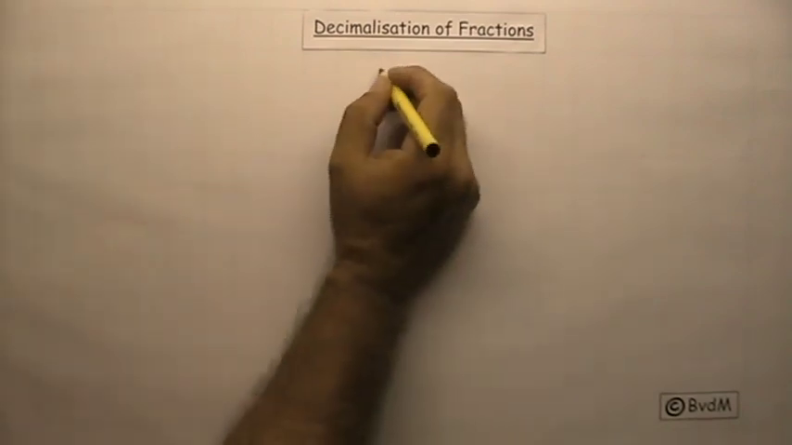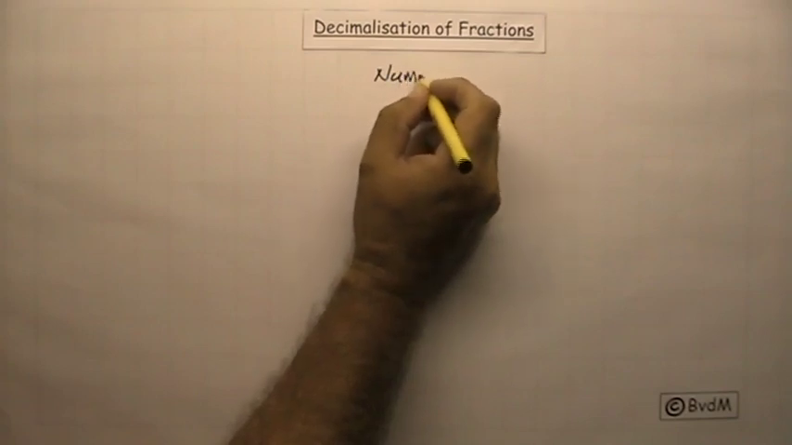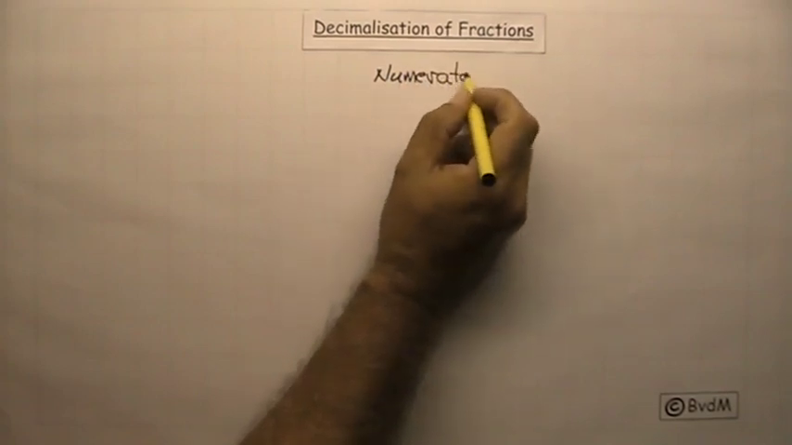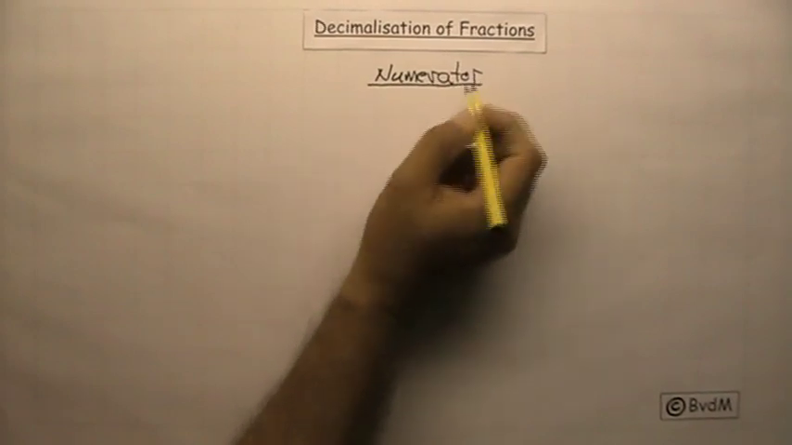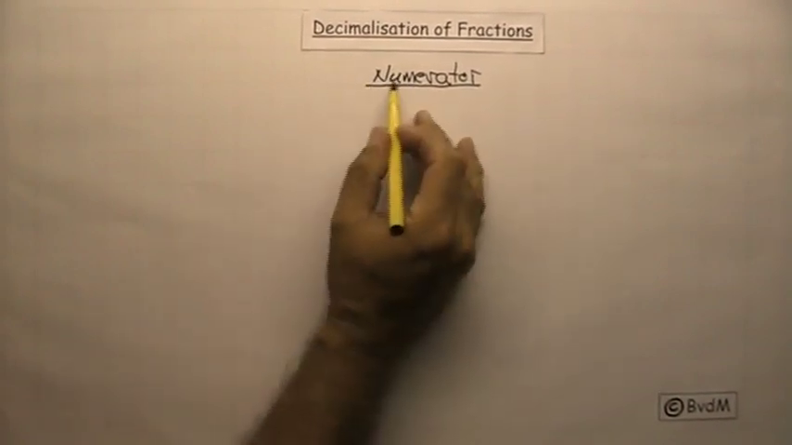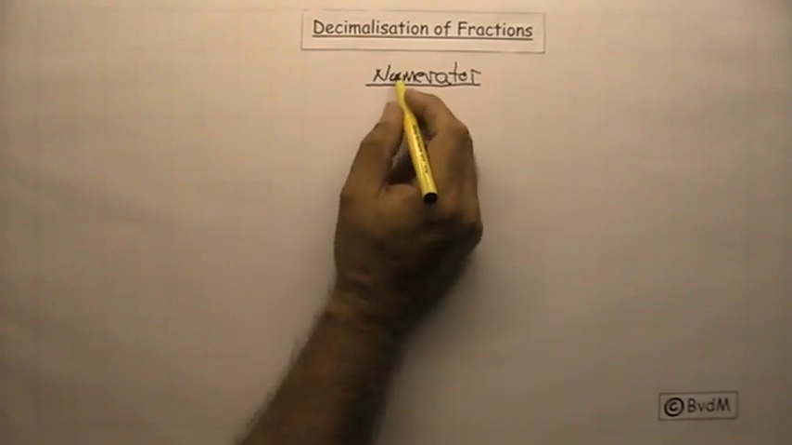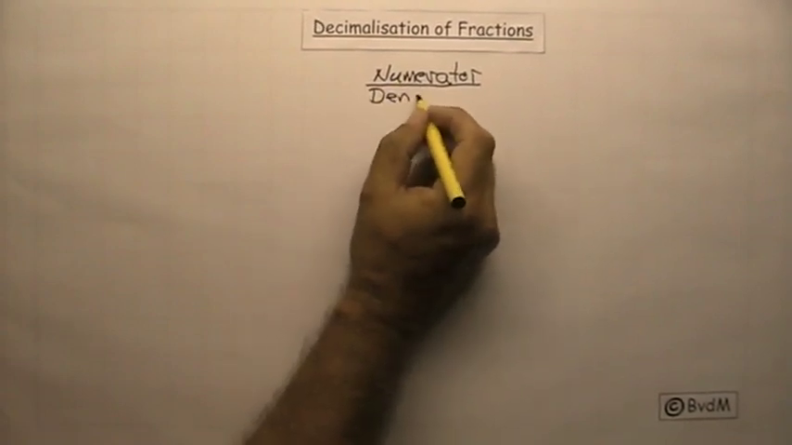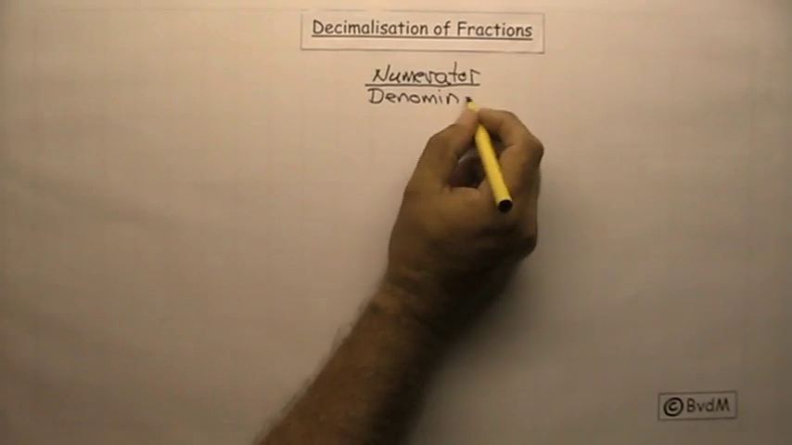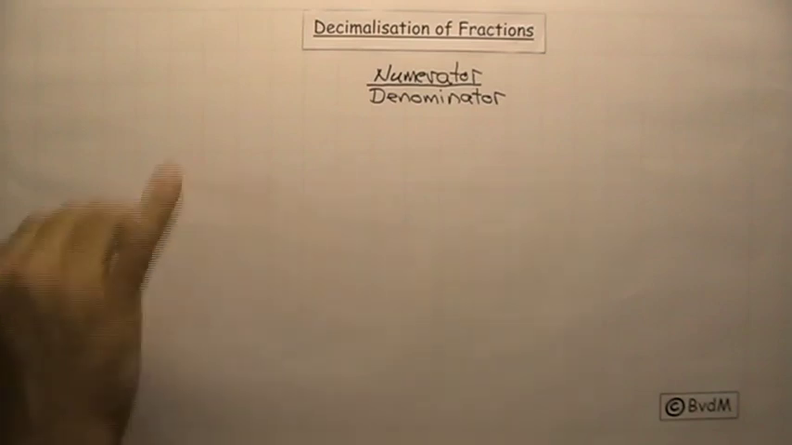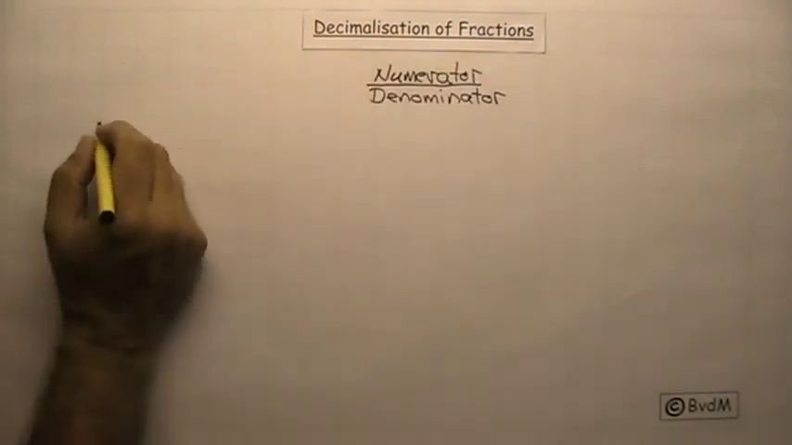In this lesson, we're going to look at the decimalization of fractions. When you decimalize a fraction, you divide the numerator by, and in a fraction, this is called the division line. You divide the numerator by the denominator. Okay? And if I want to write that in a normal mathematics way or in another way, I can say